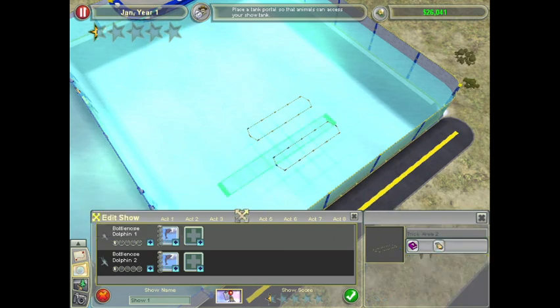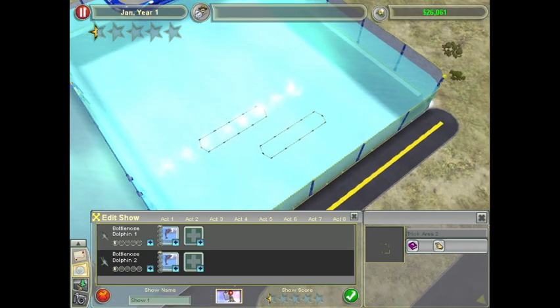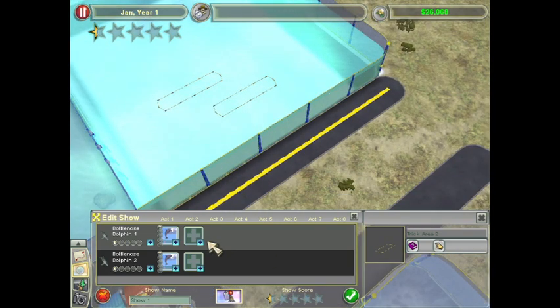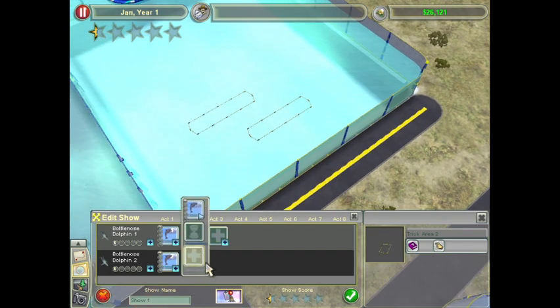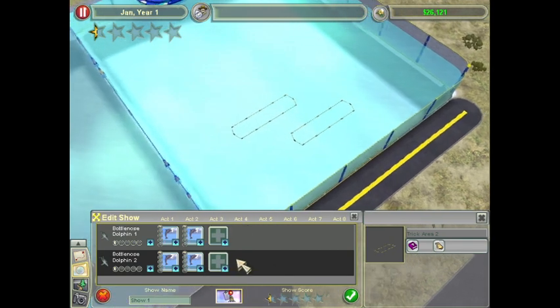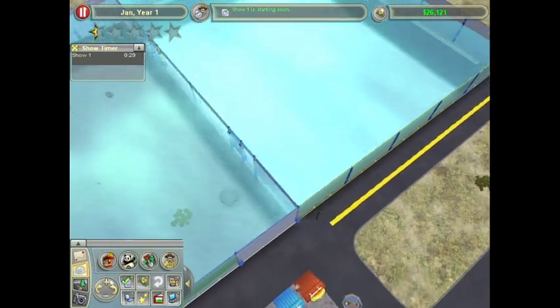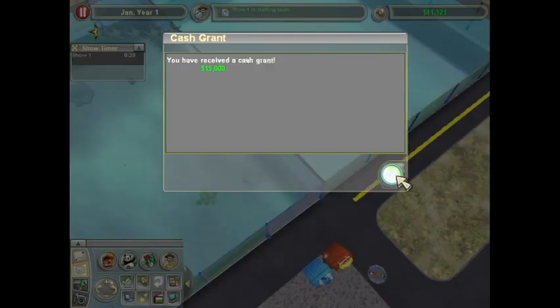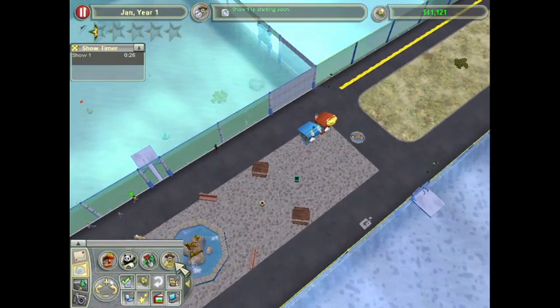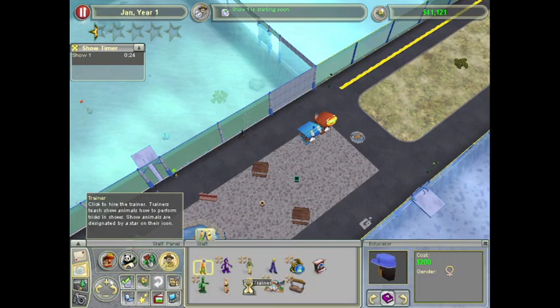And then I believe I can move the jump. Yes, okay. We just kind of do a double jump there. Yeah, then we'll just add 2 jumps, I think. Yeah, this will be fine for now. All right, we at least created the show, and we got $15,000. Awesome. So now what I'm going to do is add in a trainer